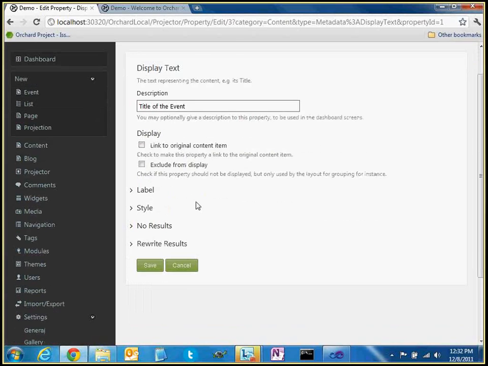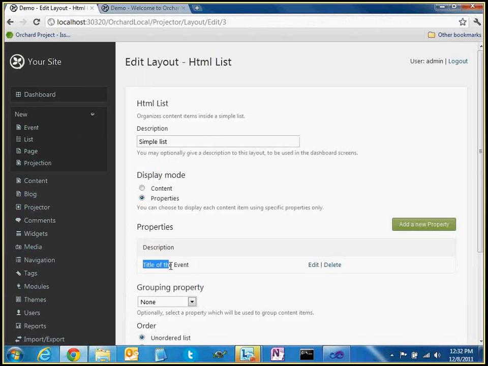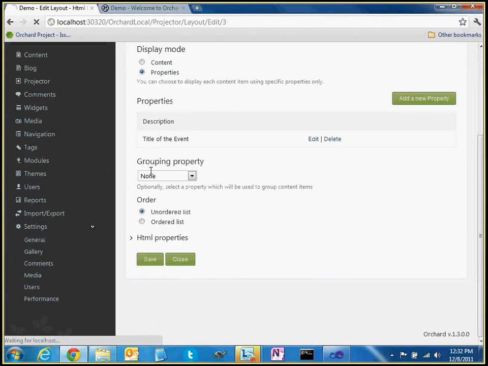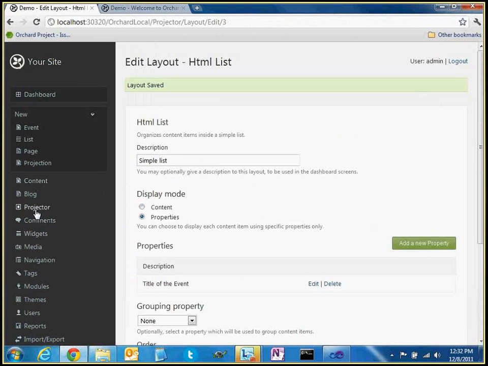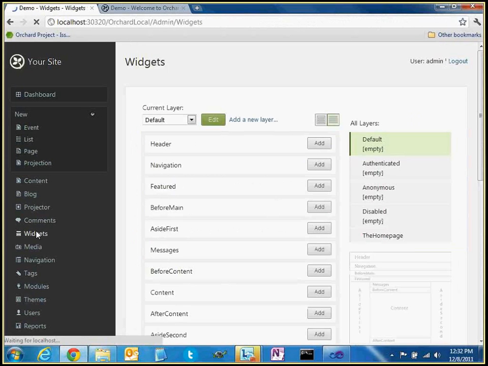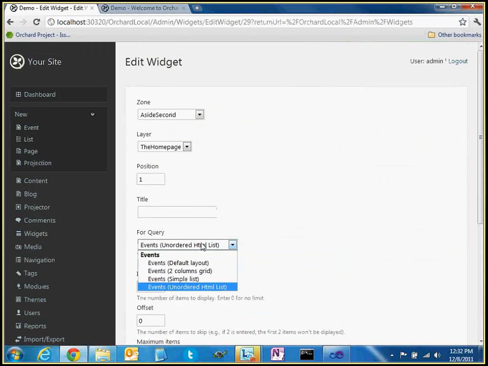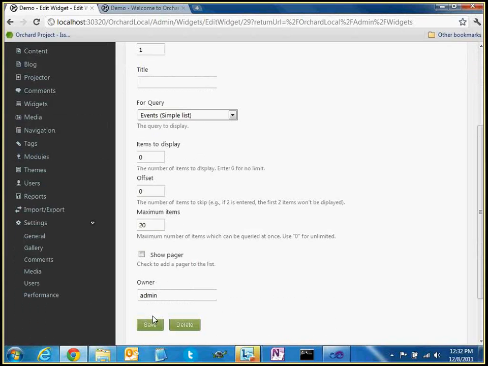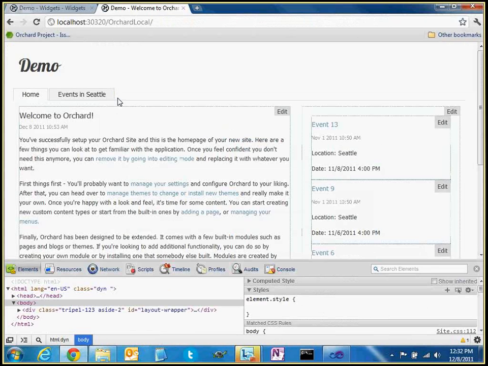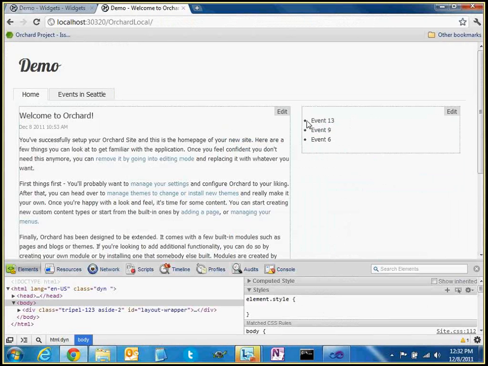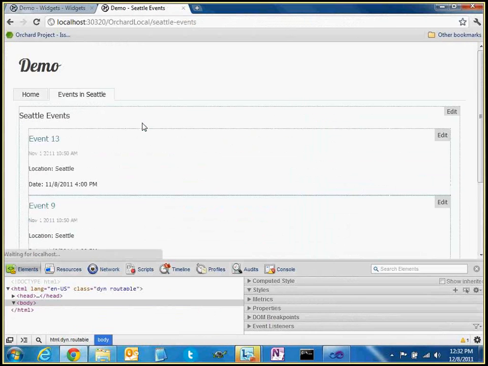Just for the admin to be easier to read. So I have properties named the title of the event, and I save. And if I go there, I will change my widgets for this widget to use this new layout. So I want to use the simple list, the specific layout I created for my home page. Save. Home page, and you see I just have in my list the titles of the elements, while this one is the full summary